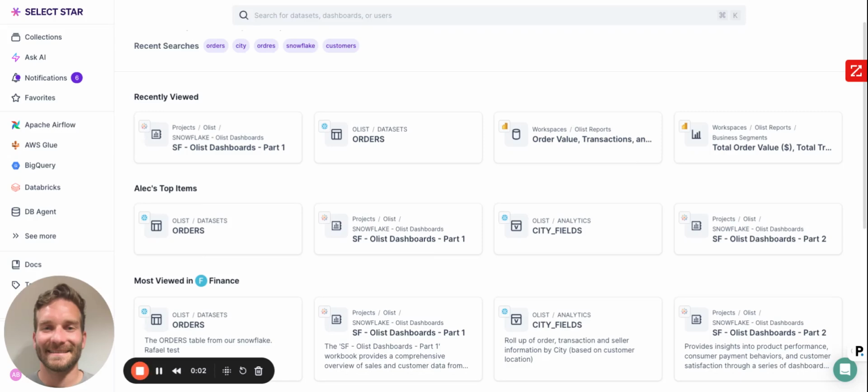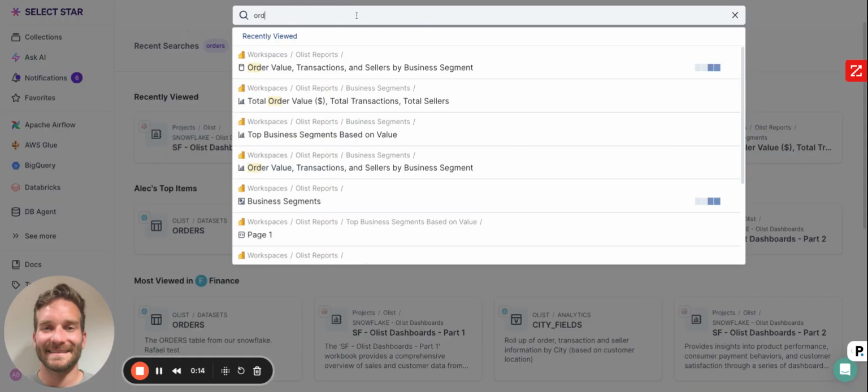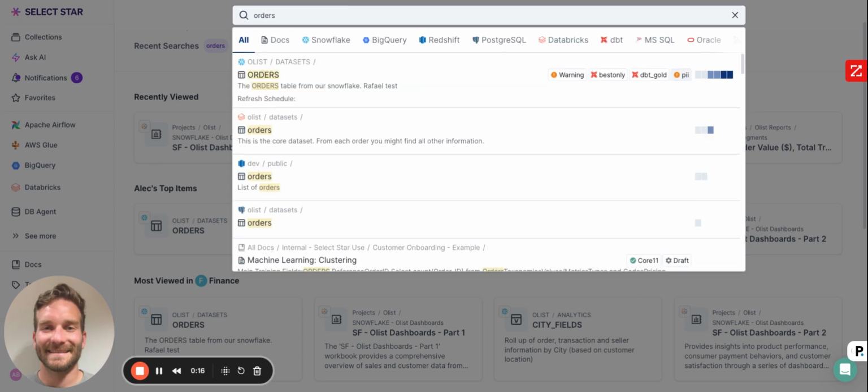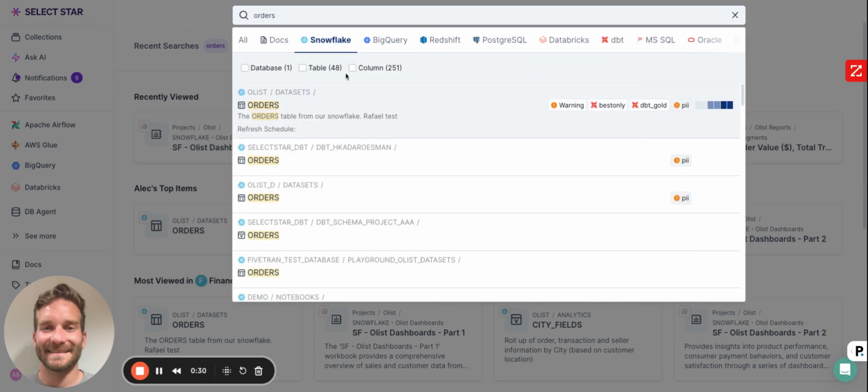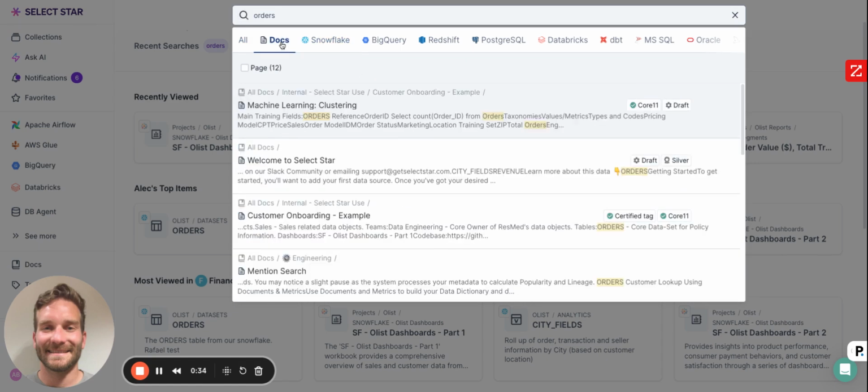Select Star is an automated data discovery and governance tool that automatically analyzes and documents your existing data platforms by processing metadata. We'll provide a single place to search through all of your connected data sources, so regardless of where that data lives, you'll be able to find it. We also index everything based on the popularity of your data, so you can find the most relevant data sets quickly. You can filter down by data source or by data type, or you can even search through standalone SelectStar